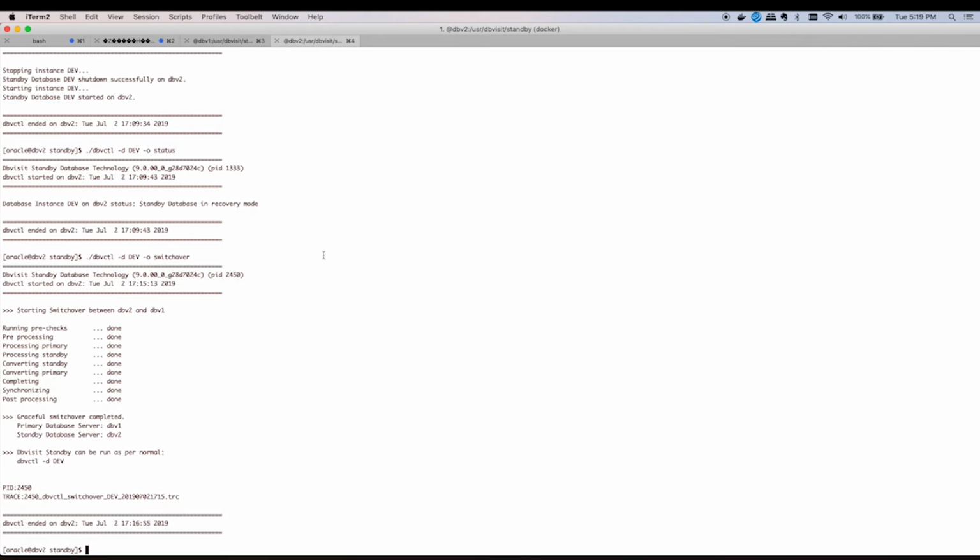The next command line operation I want to show you is to start the daemon background process to take care of the sending and applying of the archive logs for you. So you will obviously have to start it on the primary to send the logs, and also on the standby server to